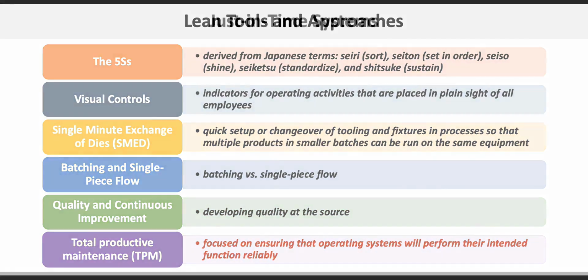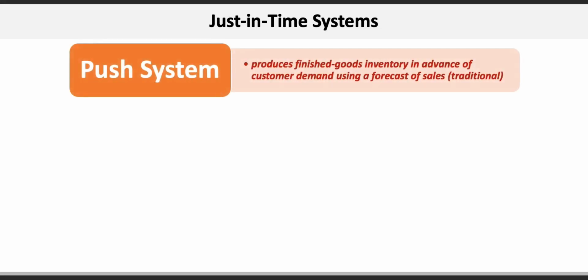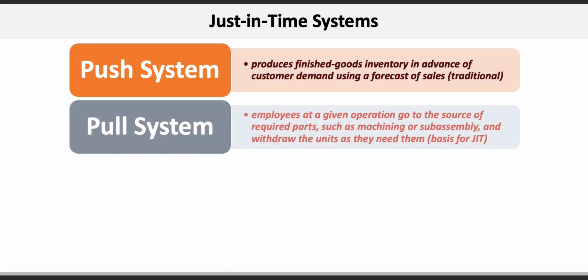Lean production forms the basis of what we can call a just-in-time system, or JIT, which was introduced at Toyota during the 1950s and 60s to address the challenge of coordinating successive production activities. Traditional factories use a push system, which produces finished goods inventory in advance of customer demand using a forecast of sales. Parts and subassembly are pushed through the operating system on a predefined schedule that is independent of actual customer demand. Now, this kind of system didn't make sense for Toyota, and so they created a system based on a